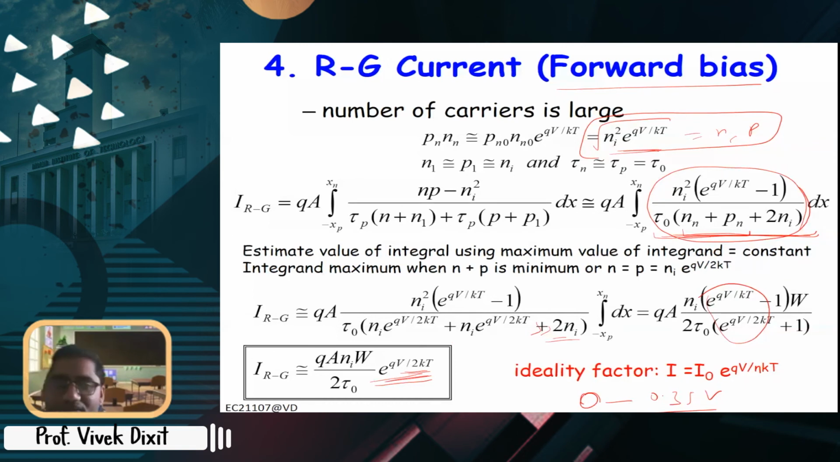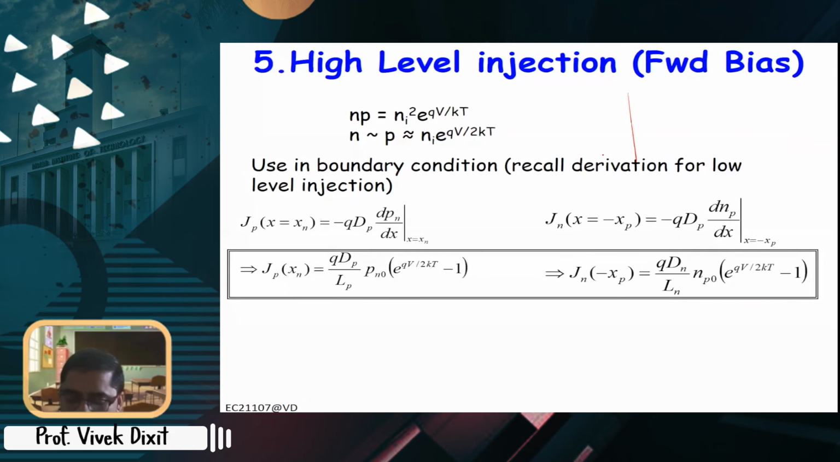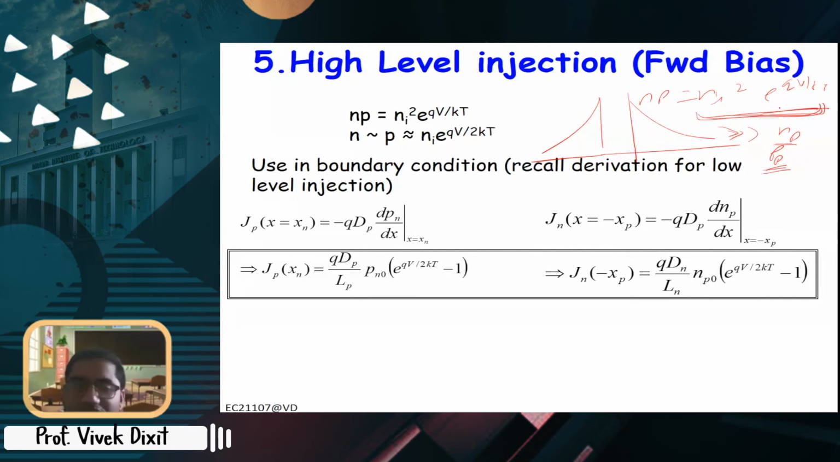Now in case of high level injection, what will happen? In case of high level injection, the injected carrier concentration is comparable to the majority carrier concentration, right? So again here NP is Ni square exponential QV by KT, right? So here now this is much larger than NN or PP, the majority carrier concentration is comparable or larger, right? So that means both will be almost the same, right? So that means both the minority and majority carrier concentration will be Ni exponential QV by 2 kT, and then again